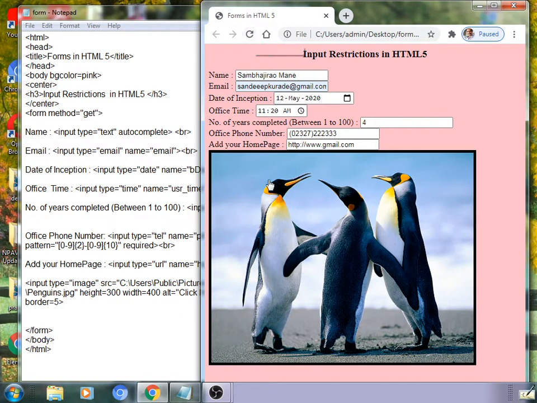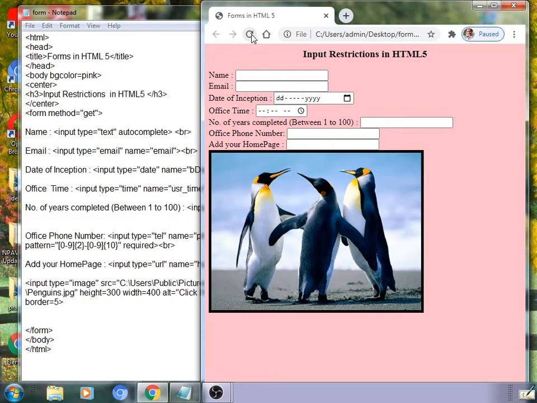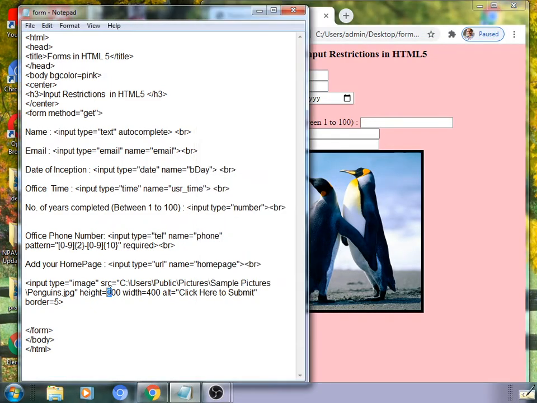See here carefully, now it is 400 by 500 currently. After this change it will be 300 by 400. When I click at this refresh button, it is reduced. We can also enlarge this, height as 500, width as 600.